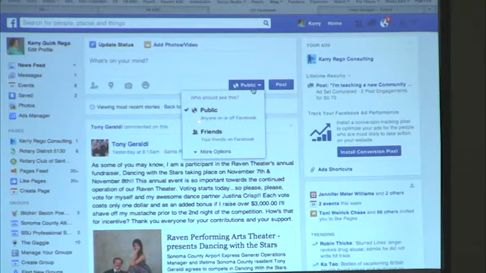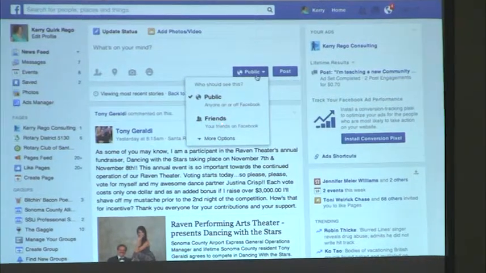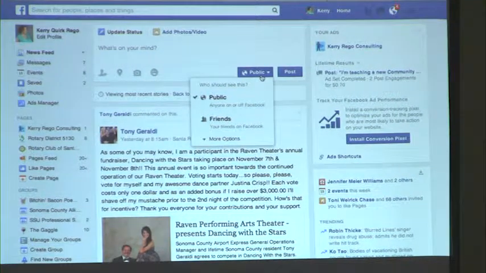So I most of the time leave it to public. I also can change it to friends. That could be talking about going on vacation, though I don't recommend you talk about going on vacation. Letting people know when you're going to be away from your home is not safe on any medium. Just like you wouldn't put it on the front page of the newspaper,